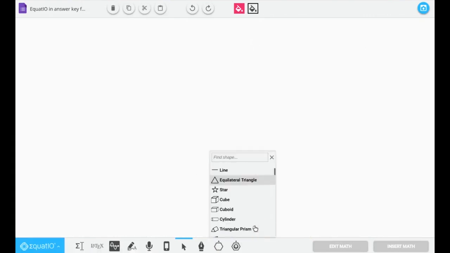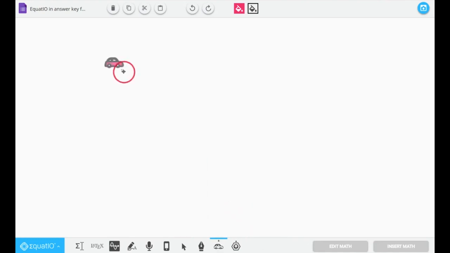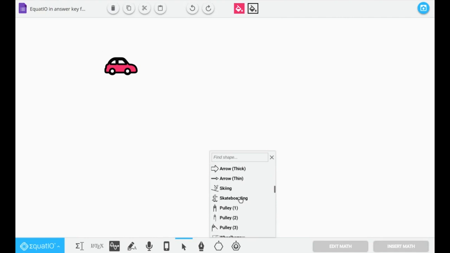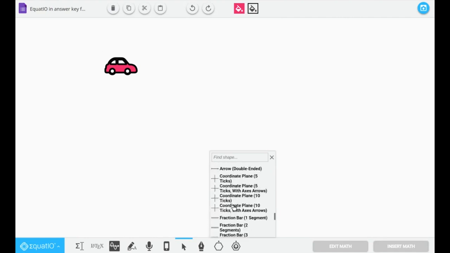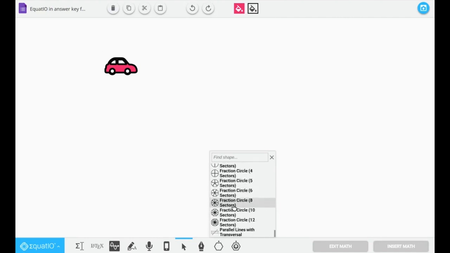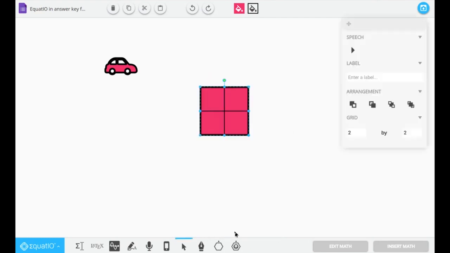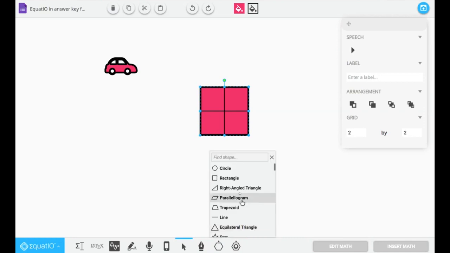In our shapes here, we have a variety of manipulatives. She likes to do pictures with cars. We have a lot of mechanics items, and you can build problems with springs and pulleys and gears. And there's fraction bars, fraction circles. If you look next week, there's going to be so many super amazing elementary manipulatives like pattern blocks, base 10 blocks, pentominoes, tangrams. We're going to have smart shapes in here that'll be able to shade some fractions for us, more nets, 3D shapes. So there's going to be a lot of things.